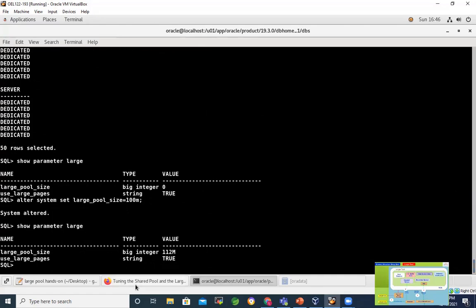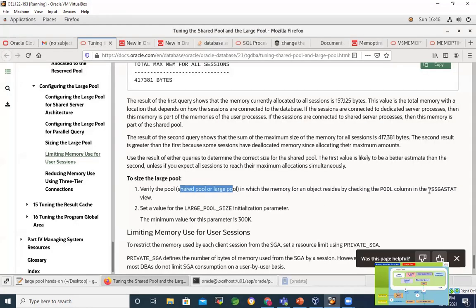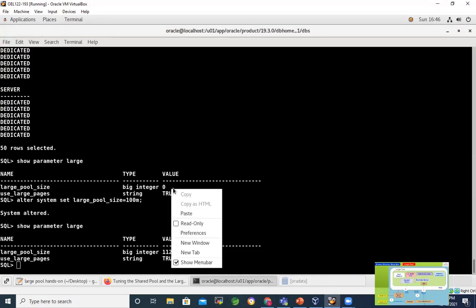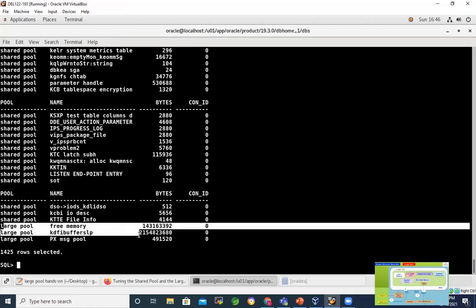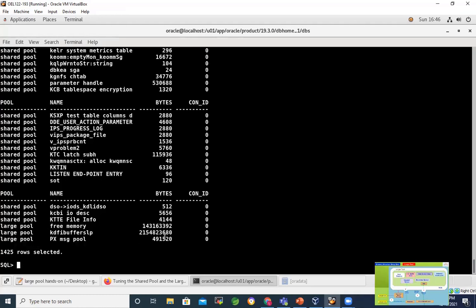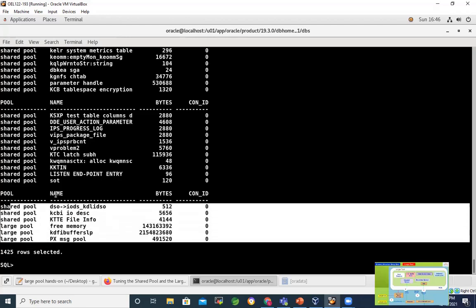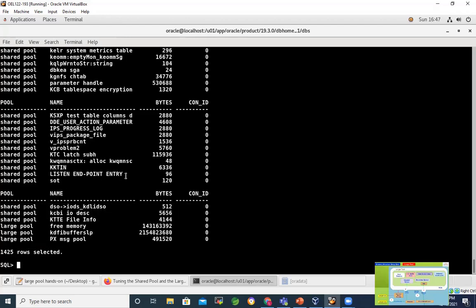The last query was to check SGASTAT here. So still it is not used, we have to make some connections. Just because you set the large pool, if there are no shared server connections, it will not utilize it.